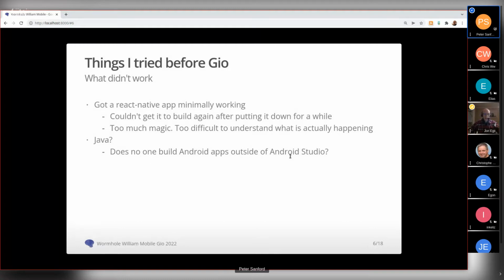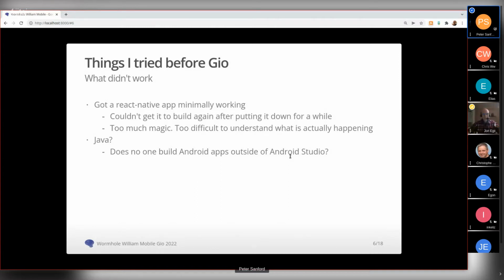The build process can become stale and be very difficult to build with a modern tool chain. And this was after a few months, and it really made me nervous. I don't want to become a React Native expert to maintain this hobby project. There's just so much going on with React Native. It's so big. And again, I'm not a full-time React Native developer, but I would like to have some understanding of what's going on, and it was very difficult to actually understand.